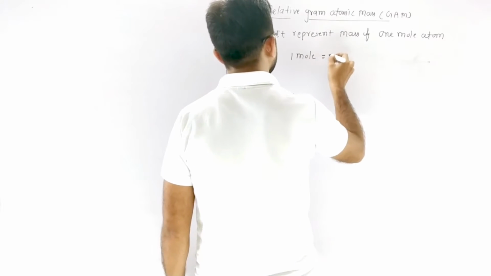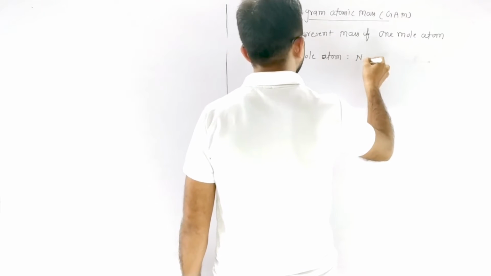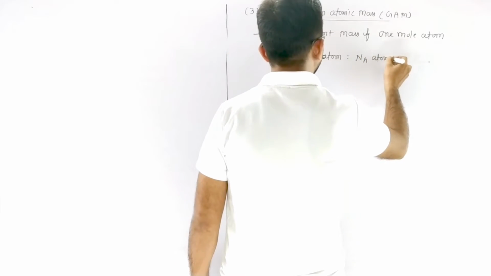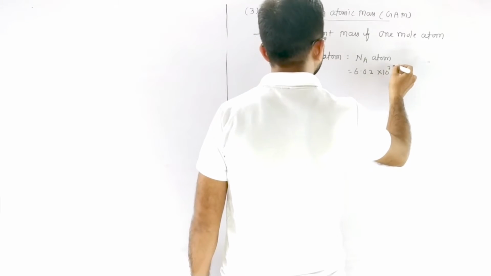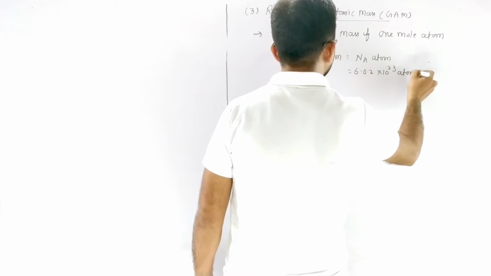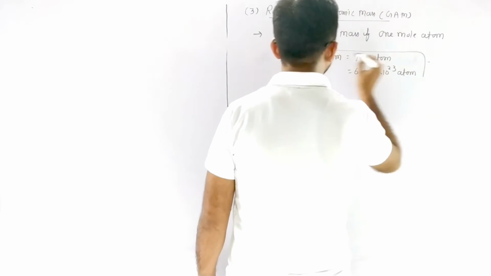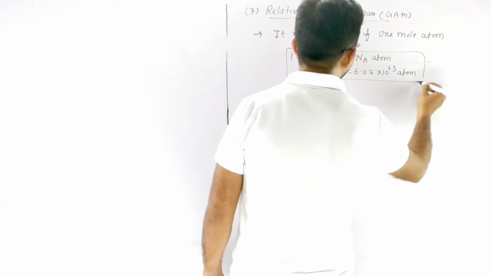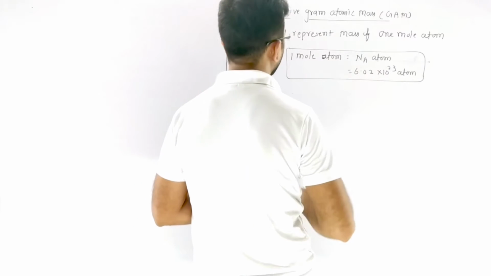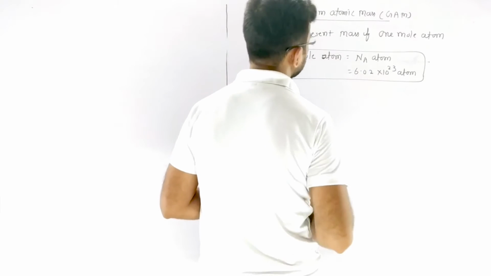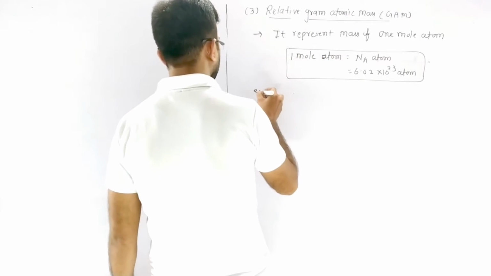1 mole basically indicates 1 mole of atoms, any atom, or 6.02 × 10^23 atoms. If we have a quantity of 6.02 × 10^23, that indicates we have 1 mole of entities. So if we have 1 mole of atoms, it indicates 6.02 × 10^23 atoms. Now, we have one example.